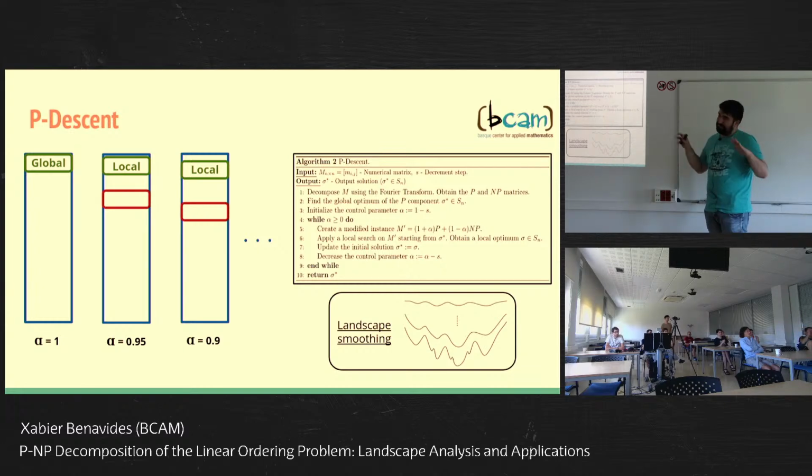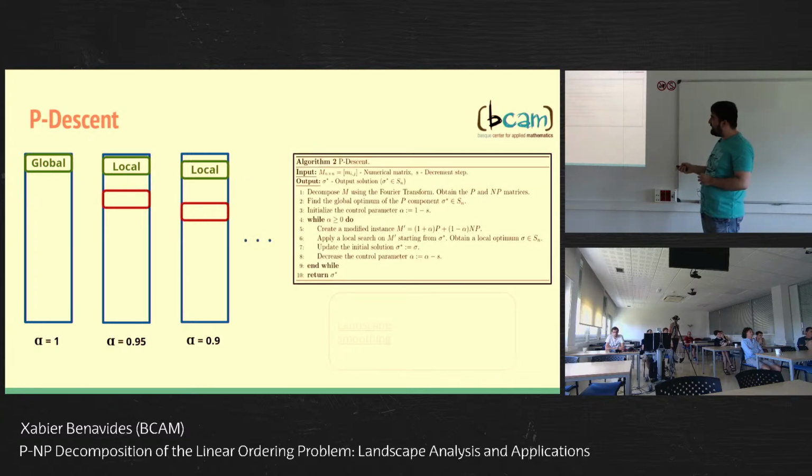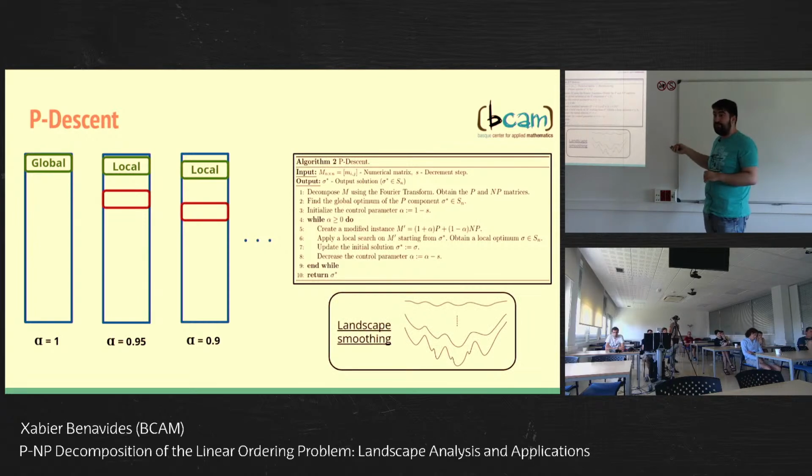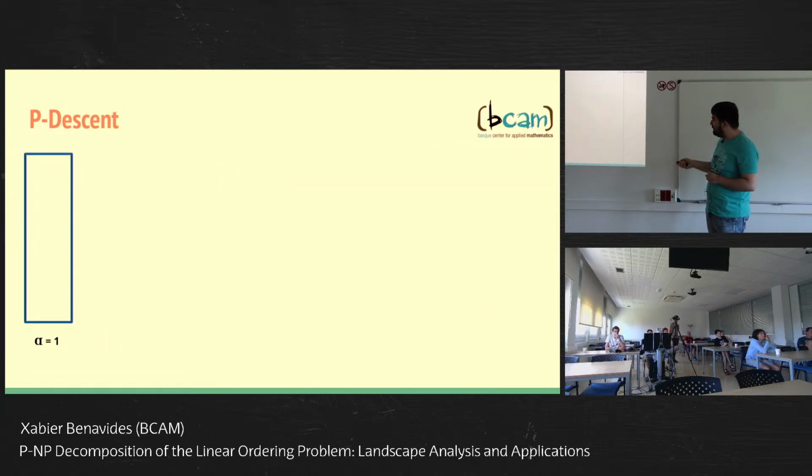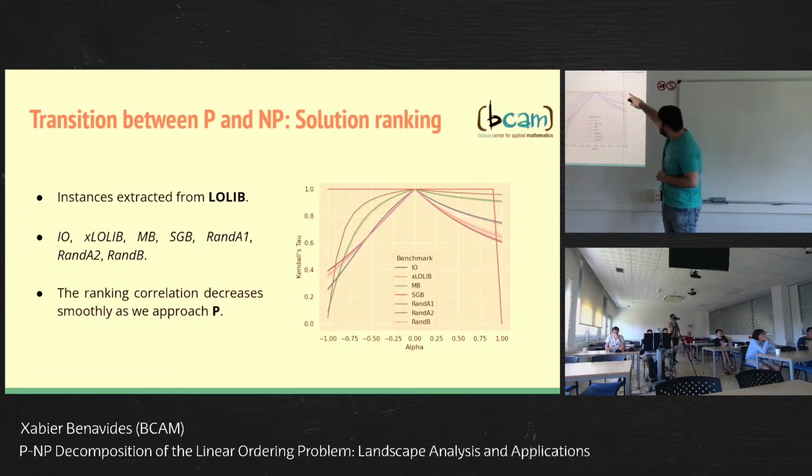Yes, because, well, I cannot say that with 100% confidence, but we think so, because what makes the LOP difficult is not the P part, it is the MP part. And we have seen that, for example, the multi-start local search performs better on these two benchmarks right here. Generally performs better, not our algorithm, but the multi-start local search. And our algorithm too, but the multi-start local search performs better in these two cases,